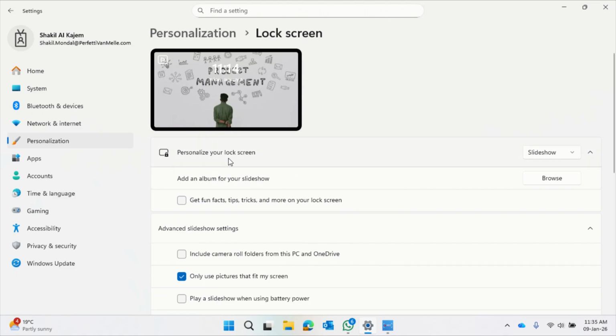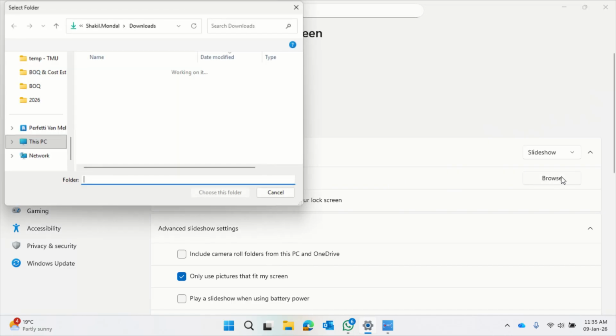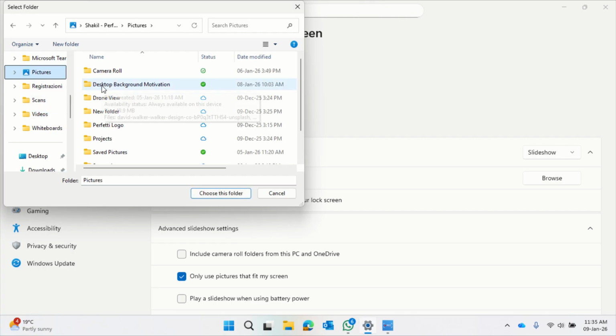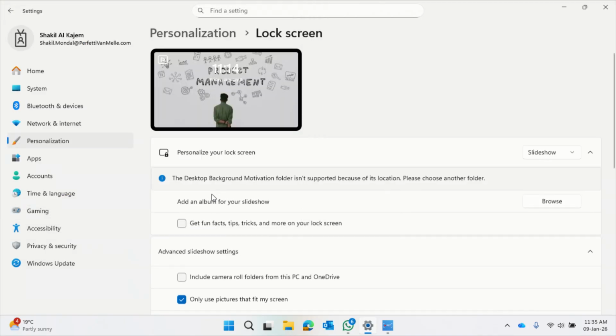Today I was trying to change my lock screen into a slideshow of certain pictures, but I couldn't do that. When I tried to select one folder, like from pictures, I have one folder named desktop background motivation. There are several pictures inside this folder, and when I chose this folder, one message showed up and it says